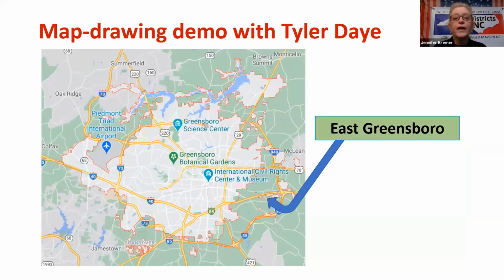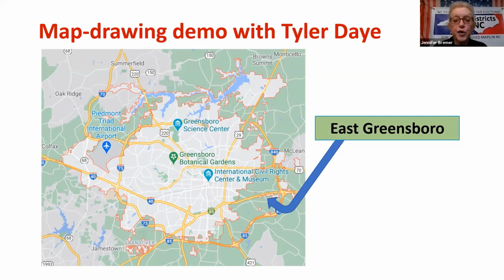Yes, okay. So now we're going to be looking at East Greensboro, which is an interesting area. It's part of Greensboro. It tends to be historically an area with a high percentage of Black population. And you also notice that the gray area is the part that is officially part of the Greensboro municipality.